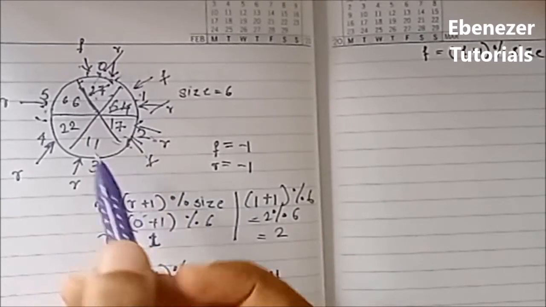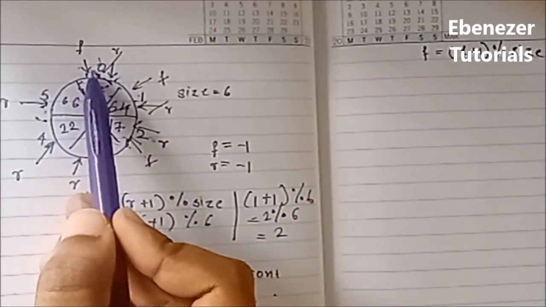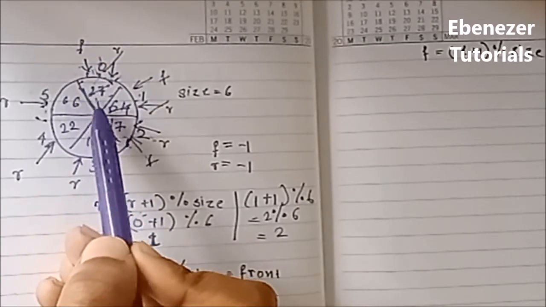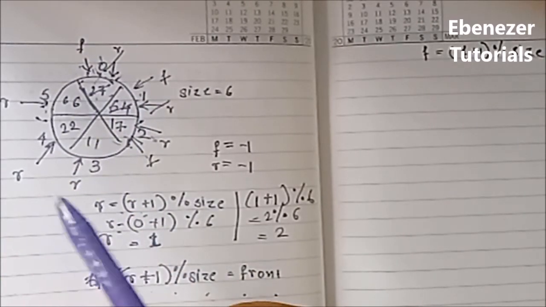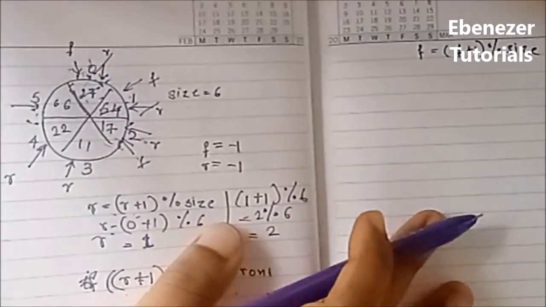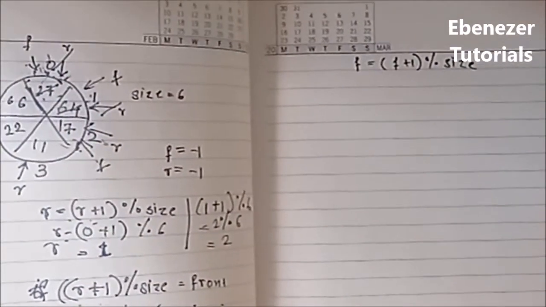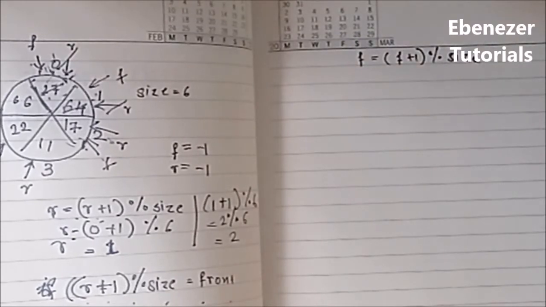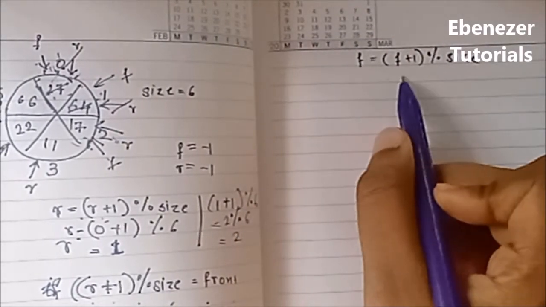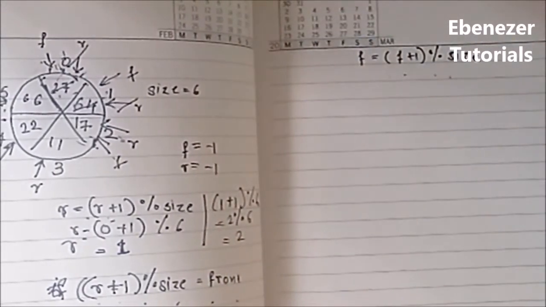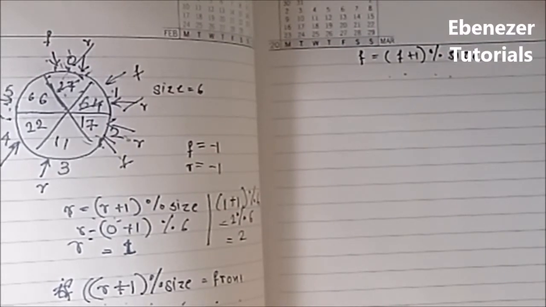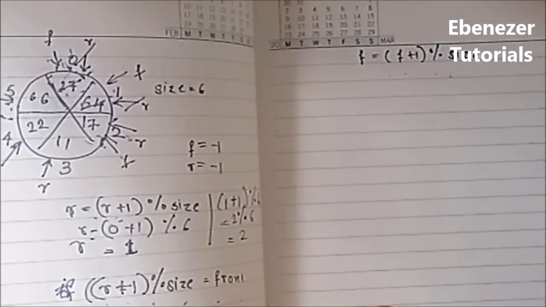So in this way the rear pointer will point to the 0th index and you can add an element there. So what is the only difference that we see here? While incrementing the front pointer, we don't increment it as f++. Instead we increment it as front is equal to (front plus 1) mod size. So the same conditions that we check for a linear queue apply for a circular queue as well.